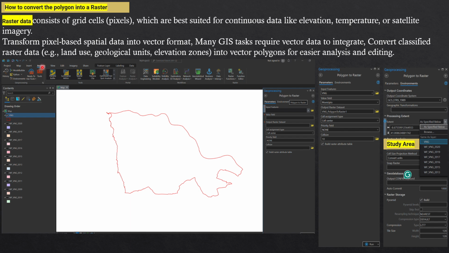By clicking your analysis, you can go to the more tools. In the more tools you can search polygon to raster, and the input will be your VNG. VNG means your shapefile polygon. And then the cell size will be 10,